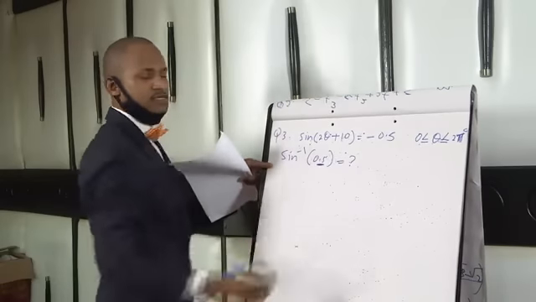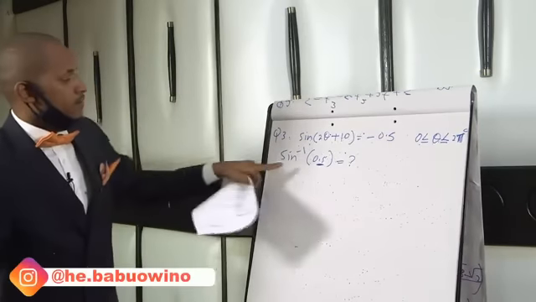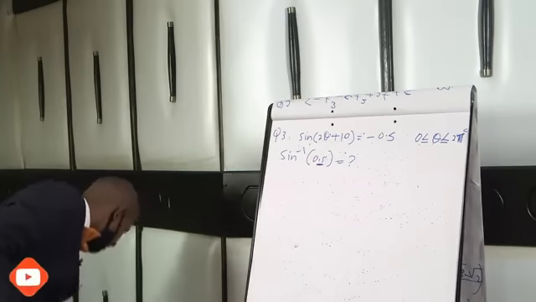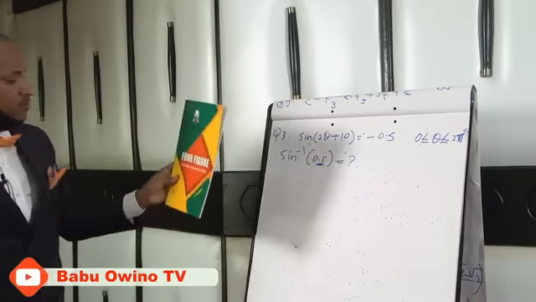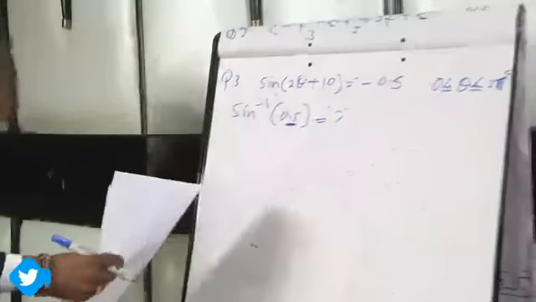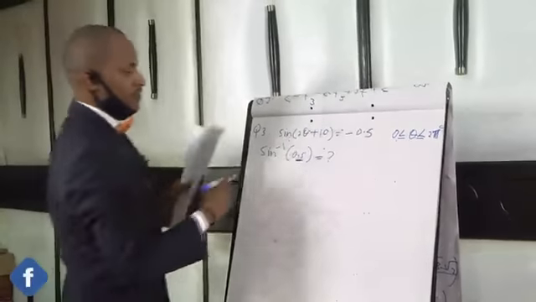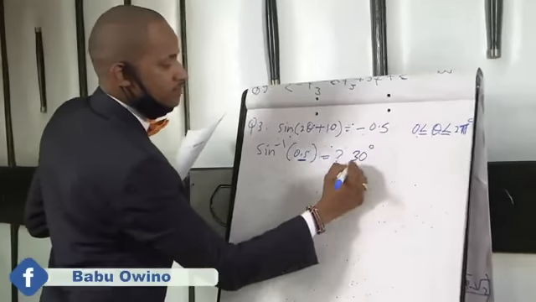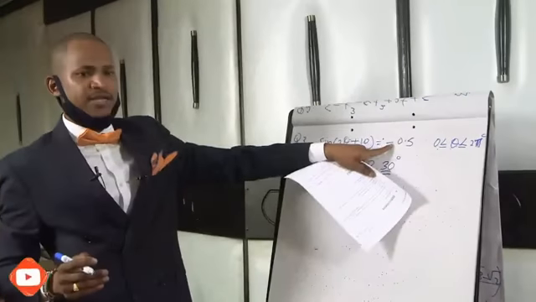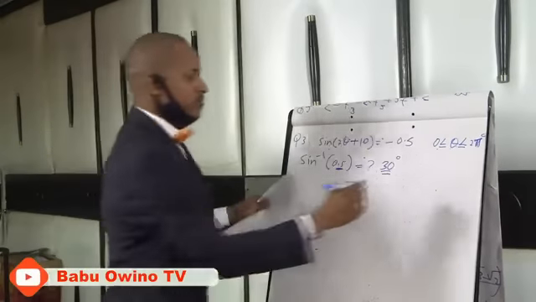So which angle is that? From your 4-figure elementary mathematical table, or if you can get an angle from the calculator, the angle whose sine is 0.5, that angle is 30 degrees. Therefore, the first thing we do is to identify all the quadrants where that angle lies. But remember, we have negative here. So when we draw the quadrants,